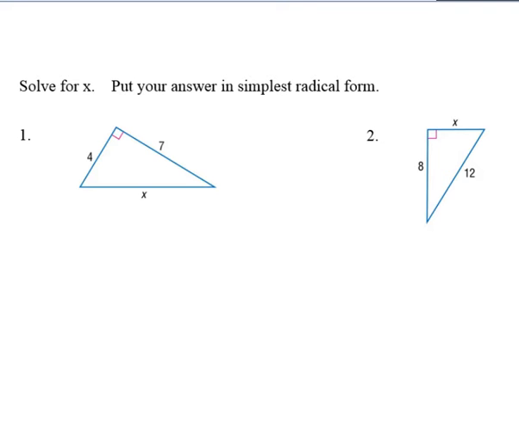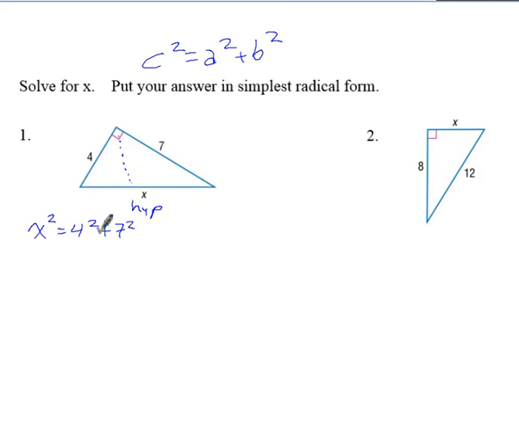So these two problems here are just a little bit of review, stuff that we did on the very, very first day. Putting our answer in simplest radical form, that's a newer thing that we've been doing. So before we start, we want to find what's the hypotenuse. Keep in mind when we do Pythagorean Theorem, we should put c squared first, and you'll see why in a sec. So hypotenuse is x, so when I do this problem, I get x squared equals 4 squared plus 7